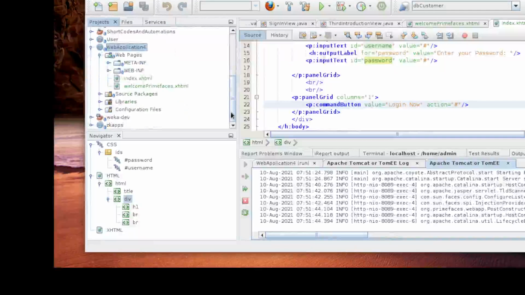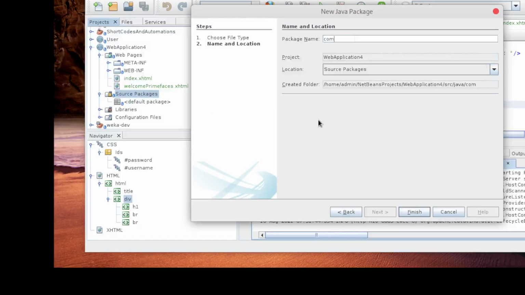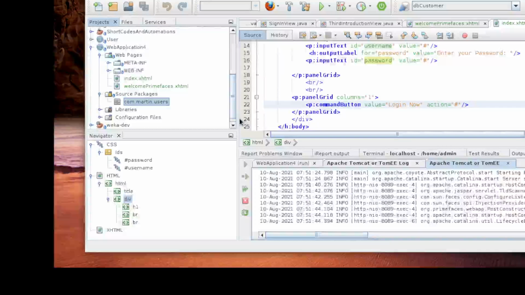Now let's go to our Java source code. You can see currently we don't have anything, so let's create a new package. Let's create a package here. You call it com.martin.users. Okay, fine.